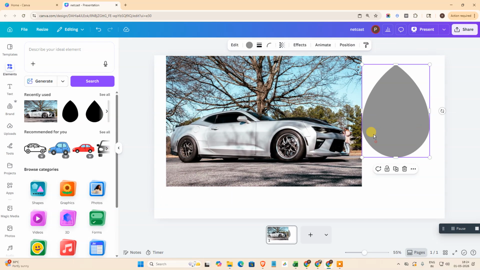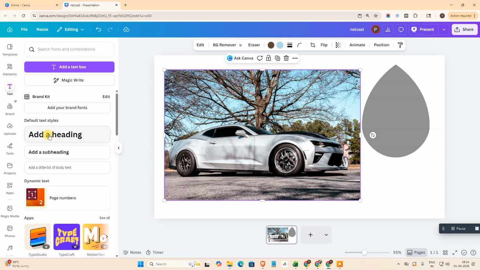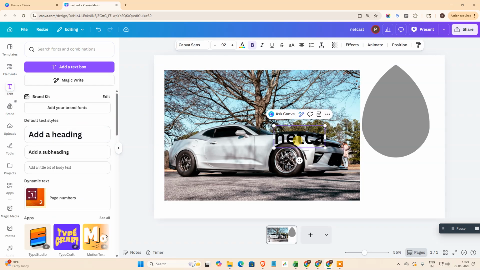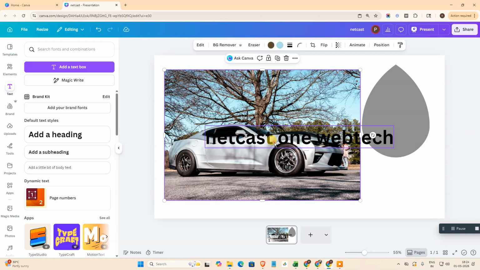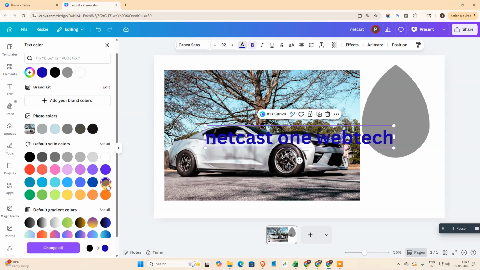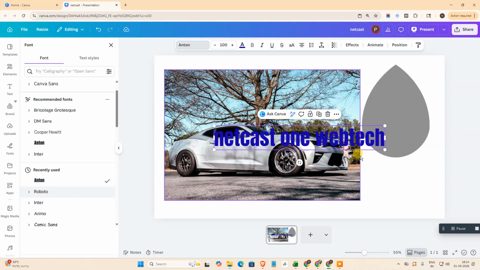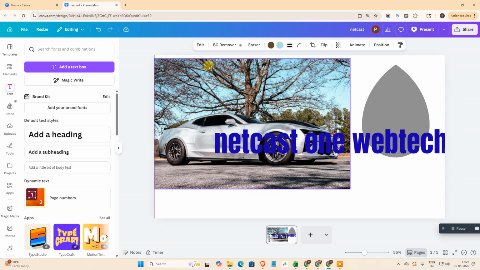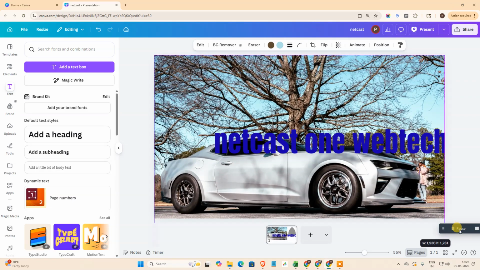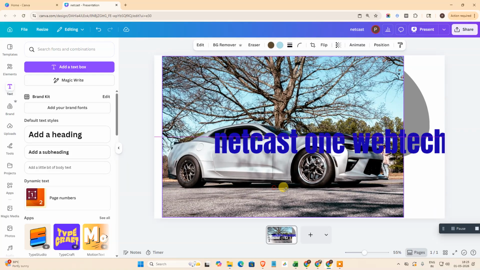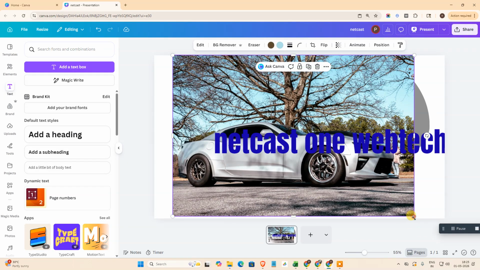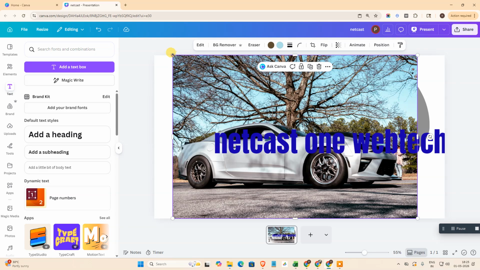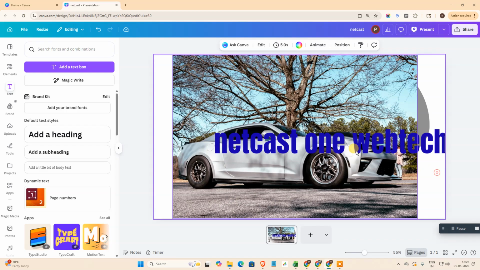I have image also, and let me write some text. Okay, just change that text color, the size also. I'm going to change the font. Okay, so now just resize your image first. Okay, like this. Okay, just resize. Okay, now